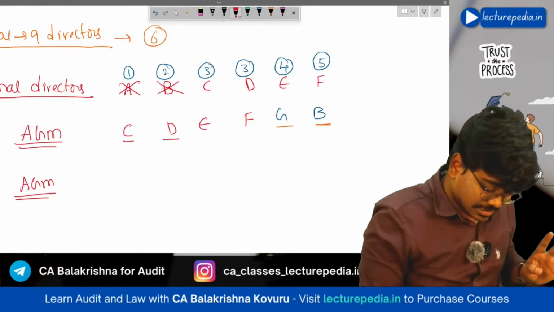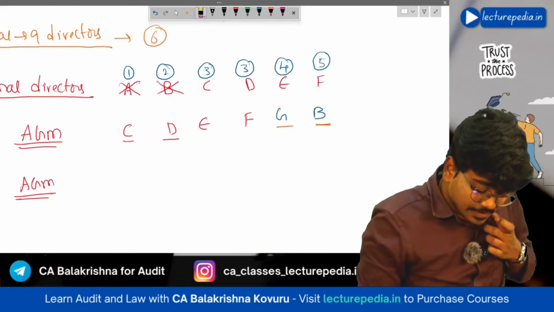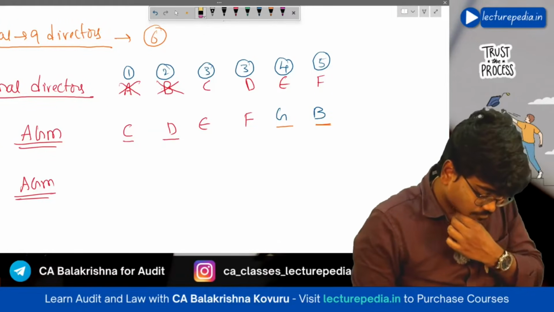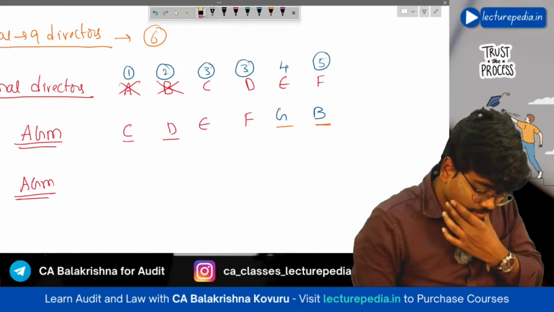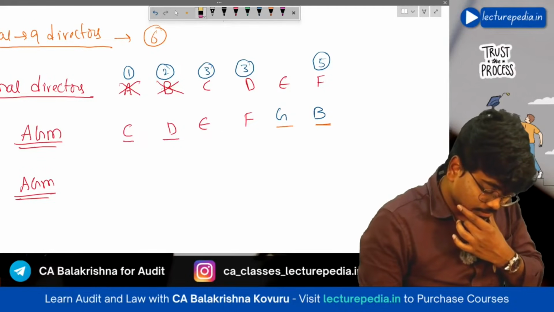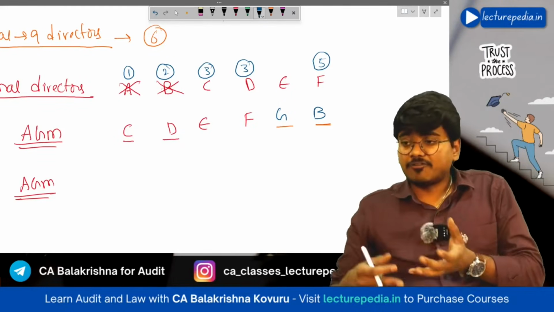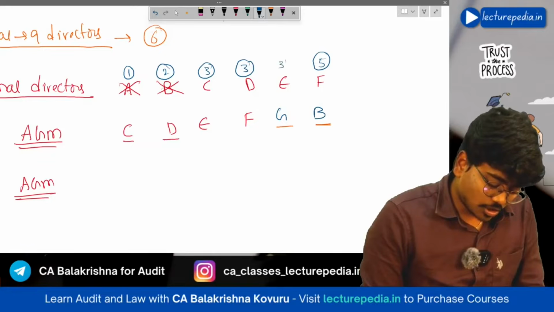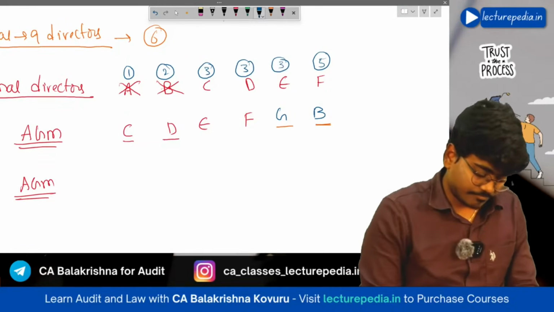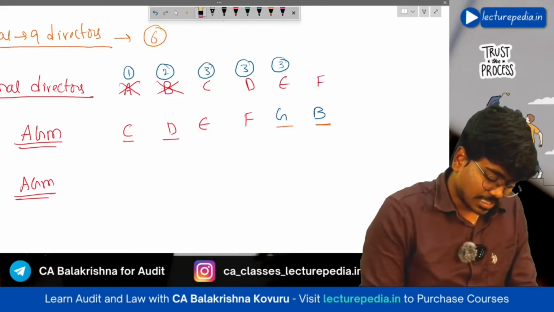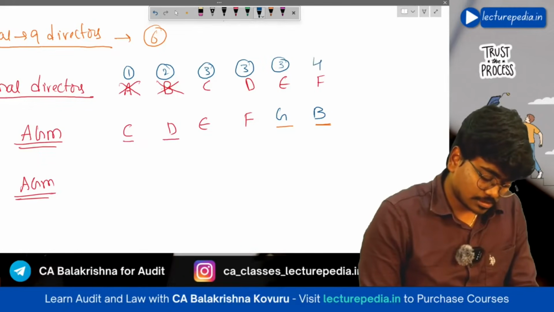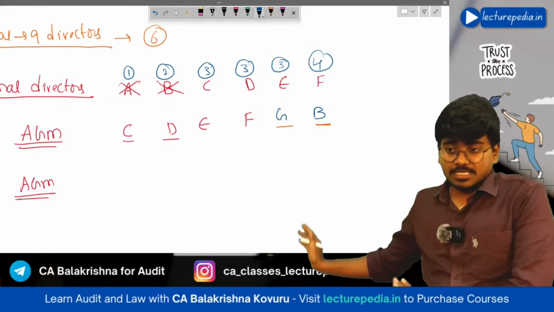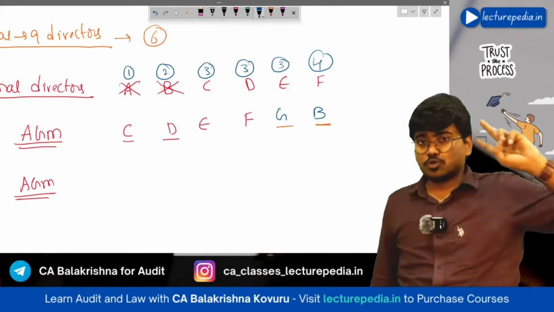Sorry, just a second, I'll change the example. I have told you that Mr. E is appointed after Mr. D, right? Let me change this, stating that Mr. E is also appointed along with C and D, and Mr. F has been appointed after C, D, E. So now if you see in the next annual general meeting, 2 directors have to retire,